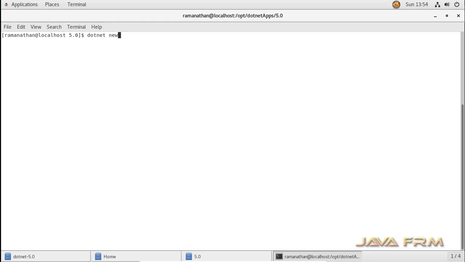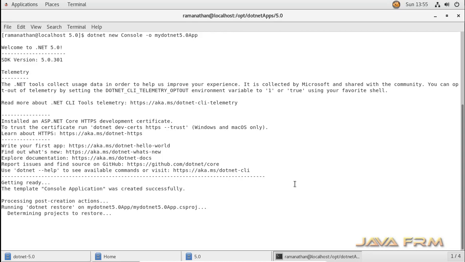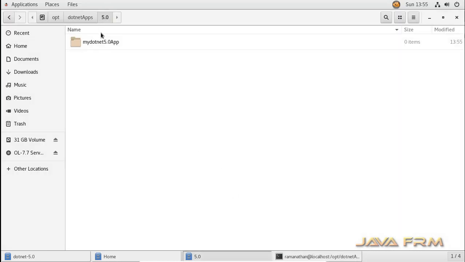So now the first step is I am going to create a simple .NET console application. So this is a C# application. This is the command used to create a simple console application: dotnet new console -o application name. Yes. So the simple console application is created. So let us go to the directory.